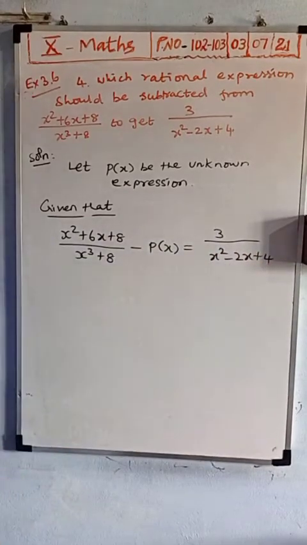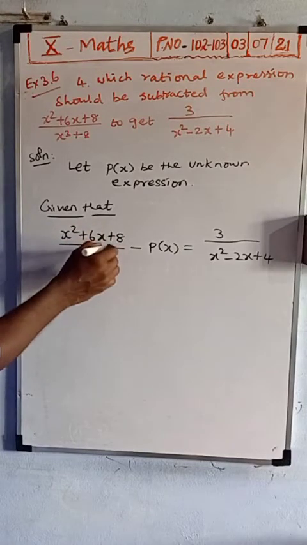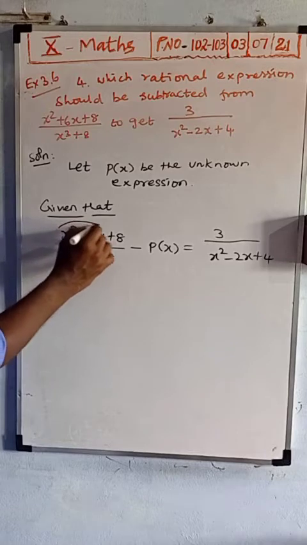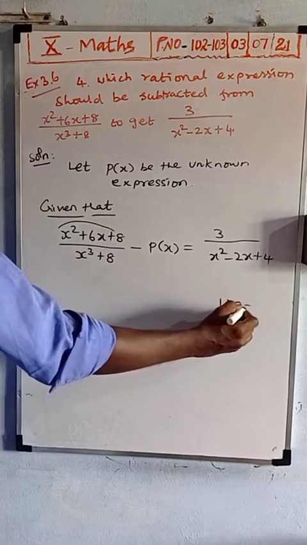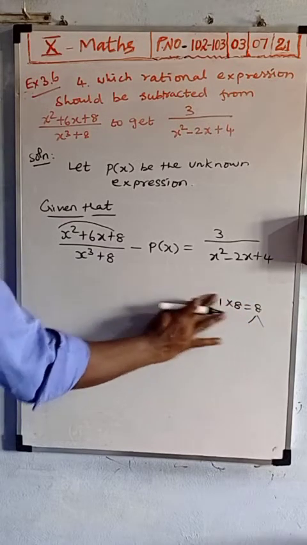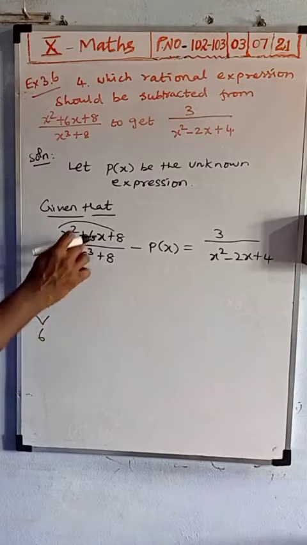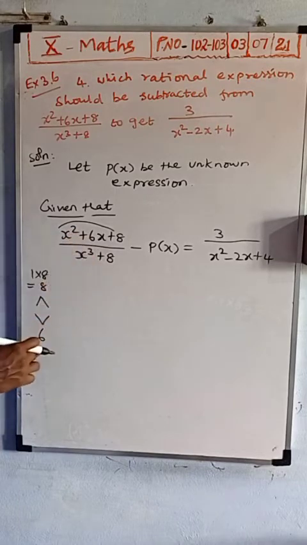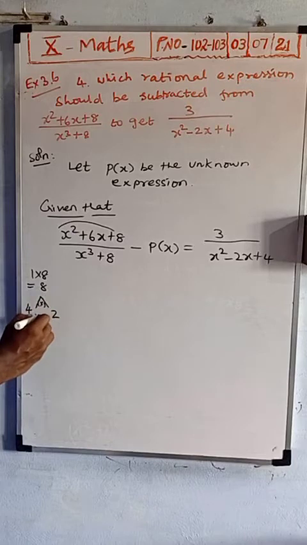Okay, now you see, first you factorize this. This x square plus 6x plus 8 is a quadratic polynomial. You factorize first. The x square coefficient is 1, so 1 into 8 is 8. Yes, 1 eights are 8, or else here 1 eights are 8. And we want to get 6, since the x coefficient is 6, so 6 we want to write down. So multiply means 8, and add means 6, then 4 twos are 8, and 4 plus 2 is 6.